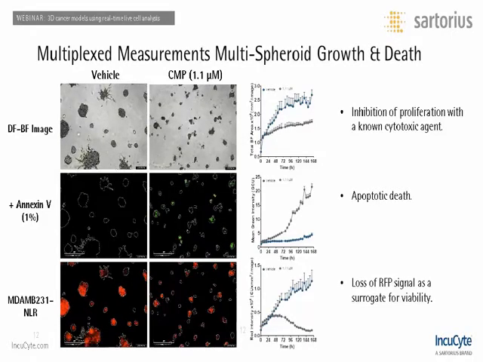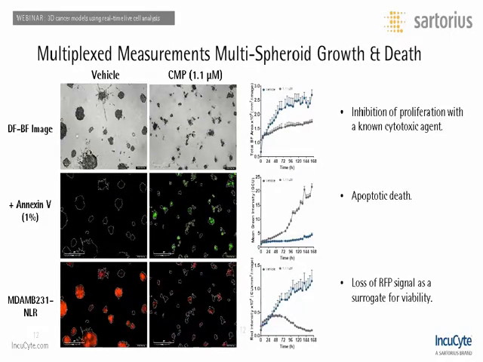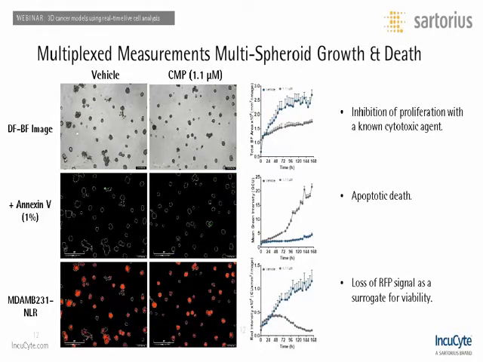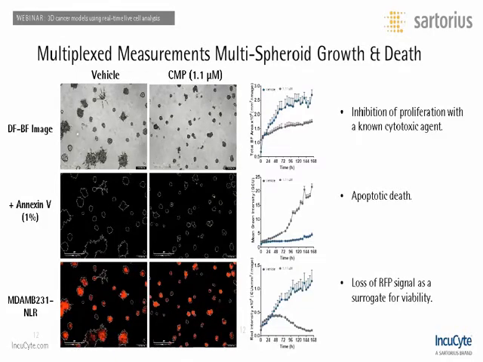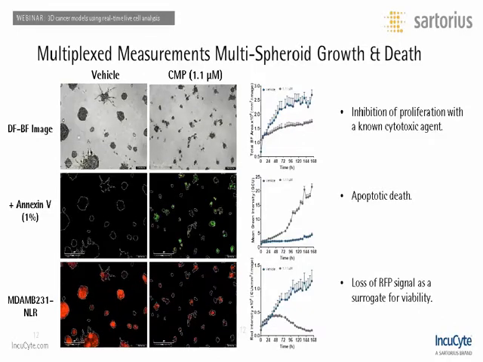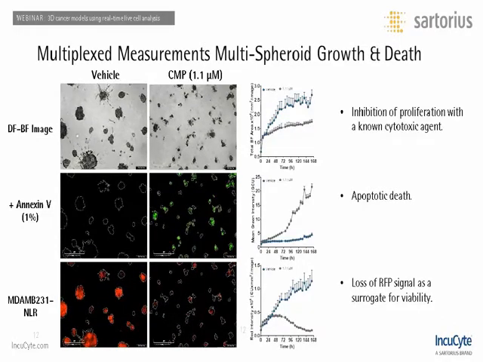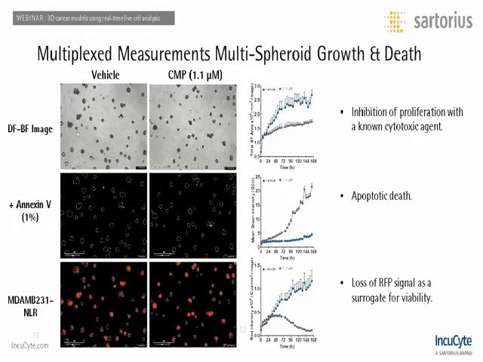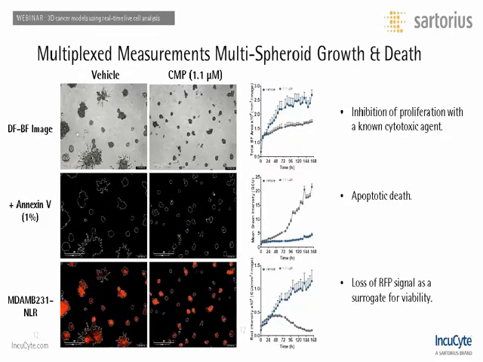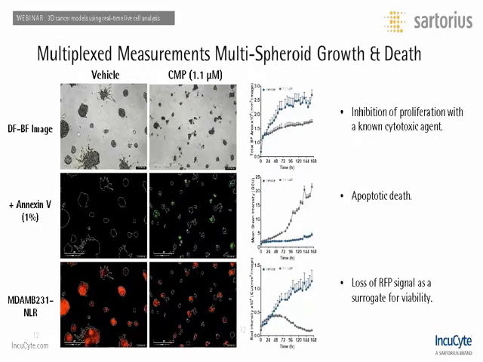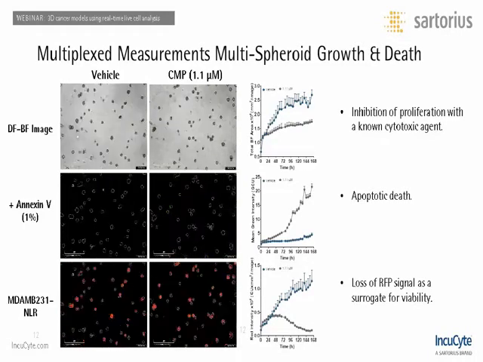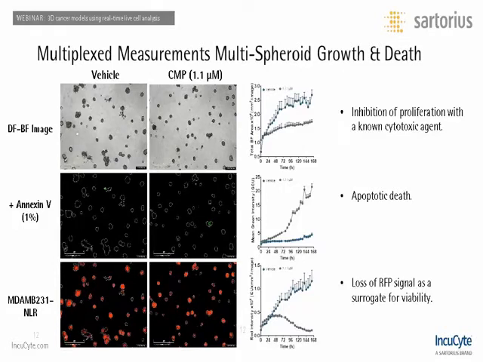Now, these dual readouts can be further multiplexed with an alternative measure of spheroid growth and viability. So here, these cells stably express the red fluorescent protein, and they're being referred to as MDA nuclight red cells. You can see the increase in the intensity of the red fluorescent signal in the growing spheroids and the decline observed in the treated spheroids, shown in the bottom panel of videos. The corresponding time course demonstrates how the fluorescent signal from stably integrated FPs can be used as a potential surrogate for